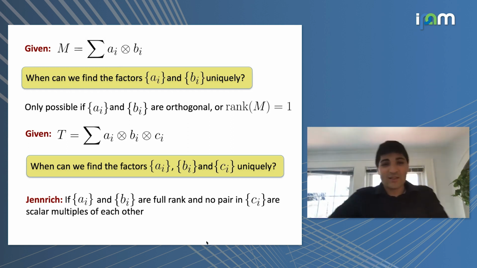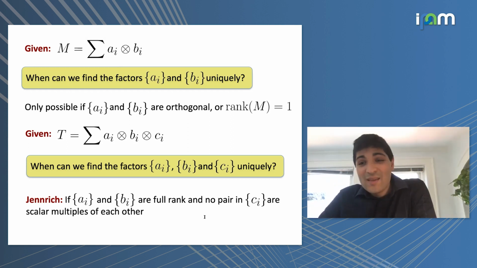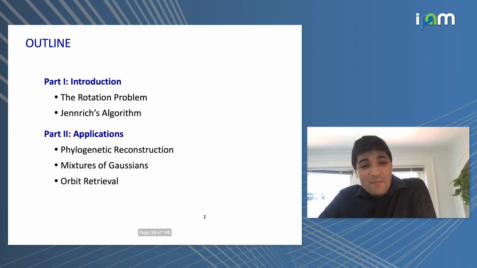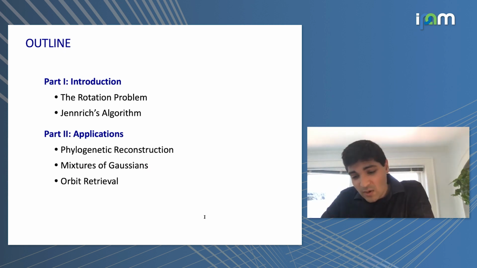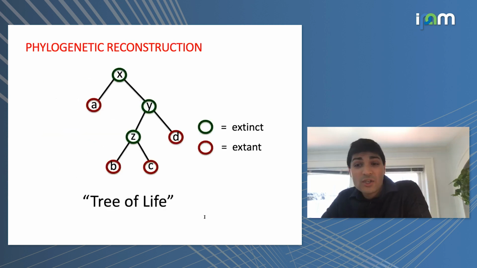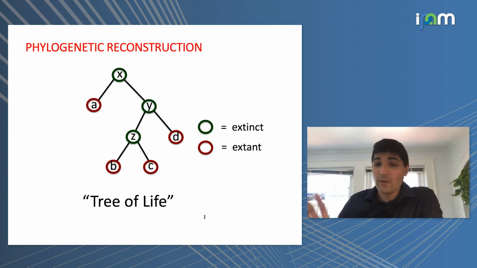Okay, all right, so let's do this. Again, trying to keep it simple. Let me tell you about some beautiful applications. This is yet another place where tensor decompositions were rediscovered, especially the algorithm. One of the places where I learned about it was in phylogenetic reconstruction, where it's called Chang's lemma. But this is a beautiful problem in its own right. So let me tell you about a cool application of tensor decompositions, in particular Jennrich's algorithm, to phylogenetic reconstruction.